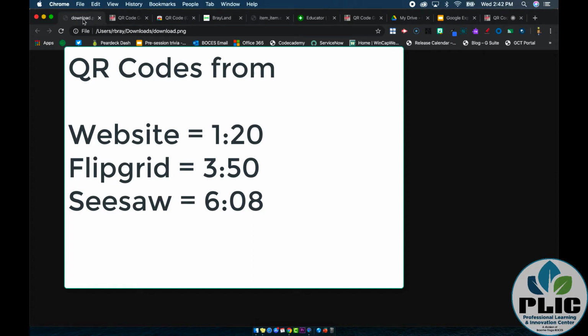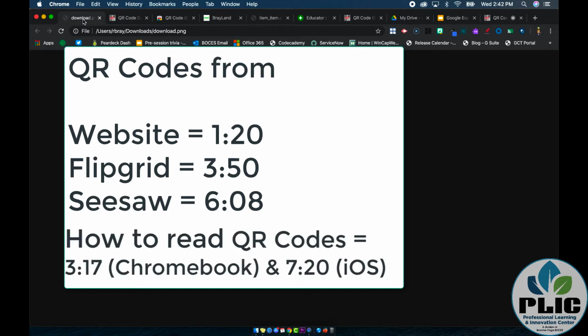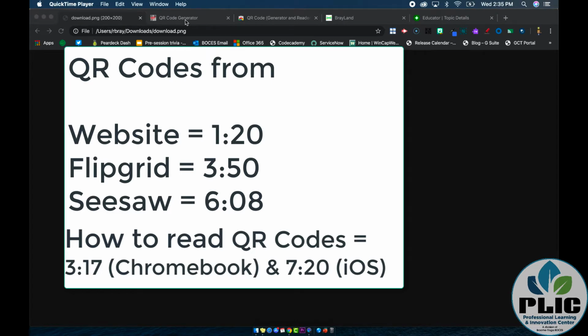Hey, I'm going to interrupt myself just for a second because I forgot to mention at the end of the video, there it is, we're going to look at how to read QR codes. So you can skip to that part if you need it. Okay, back to your regularly scheduled program. So again, if you're looking for a particular tool, you can fast forward to that part in the video, but